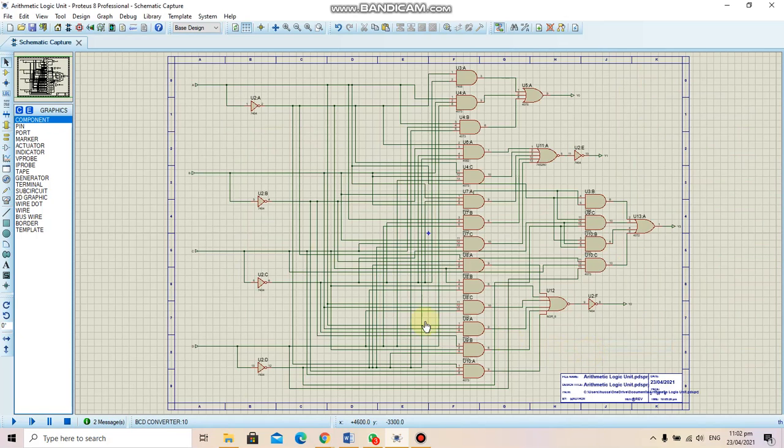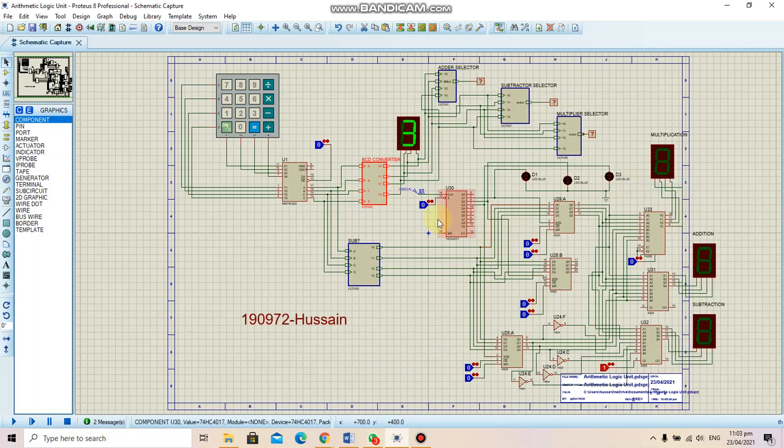So I can show you here. This is the whole circuit for that which I have created. Here I am taking 4 inputs from this IC and generating 4 outputs which are in binary. Let me show you here. Run this. As I enter 2, you can see 2 is here. As I enter 3, 3 is here, 6 is here, 9 is here, 5, 4. So this is the purpose of the BCD converter.